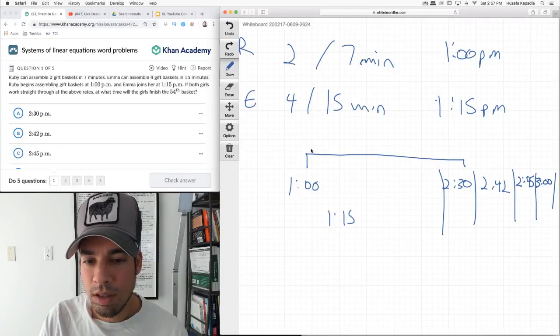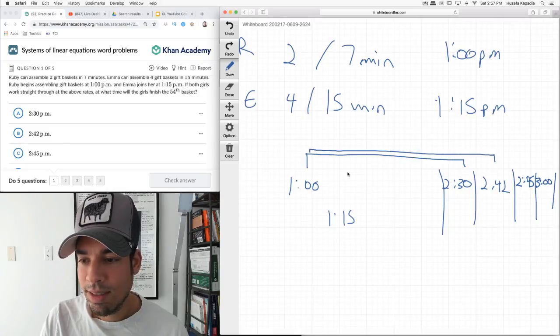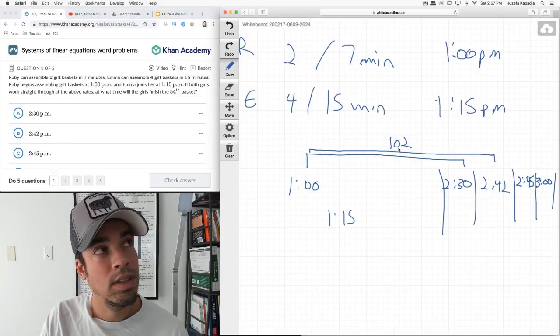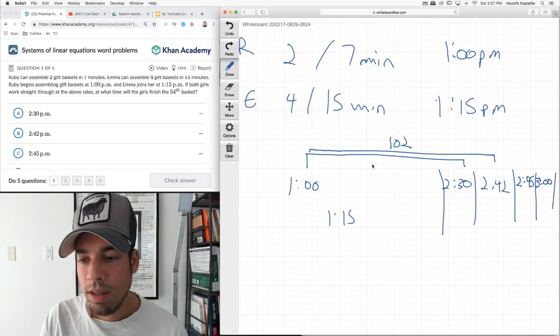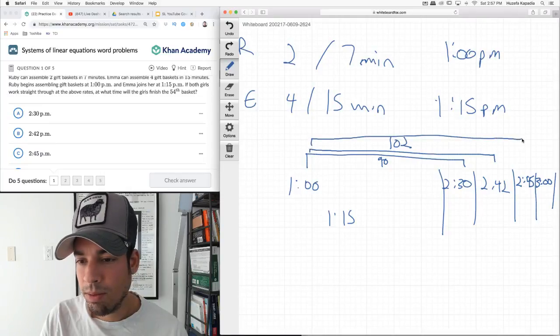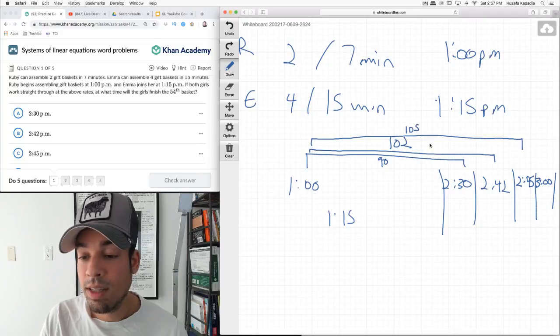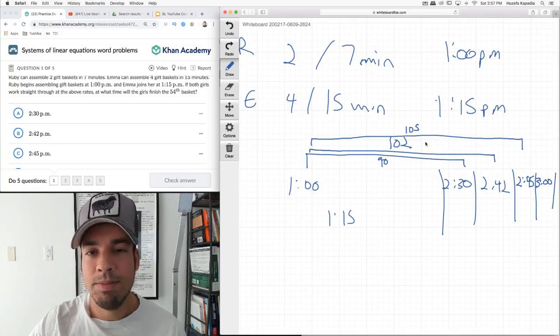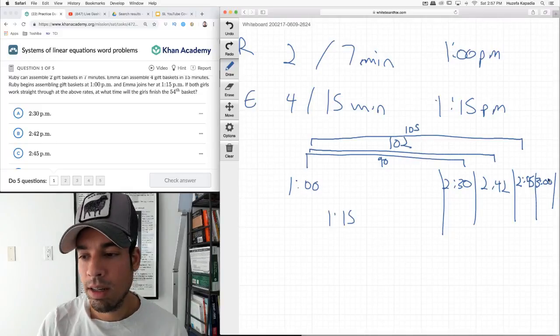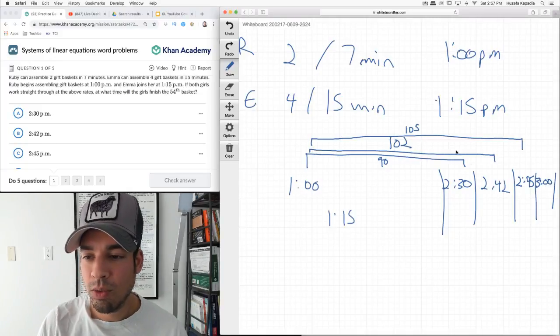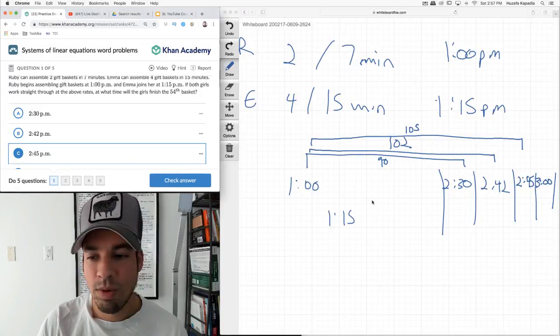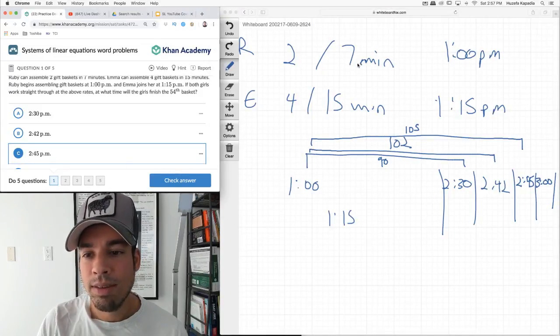This next one is 60, it's 102, and that actually is not divisible by 7 either. Hold on, see if I can find one that is. This is 60 plus 45, which is 105. This is divisible by 7. Let's see if my hunch is right. This one would not be, this would be 120. So I'm having a feeling that 2:45 is the right answer, but let's test it out now. We have 2 every 7 minutes, right? So I'm going to divide this by 7.